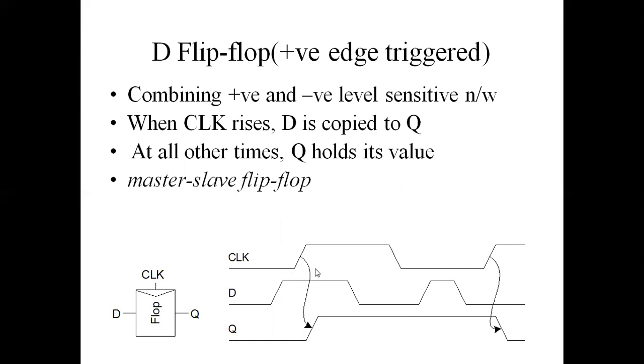Now here the clock changes from 0 to 1, that is the positive edge is there. So during this positive edge, output has been changed from 0 to 1, means it is copying the value of the D. But for the rest of the condition of the clock, your Q value has been maintained constant as the previous one. No change in the Q value is there as the D value changes. So only there is a change on the output at the positive edge of the clock.